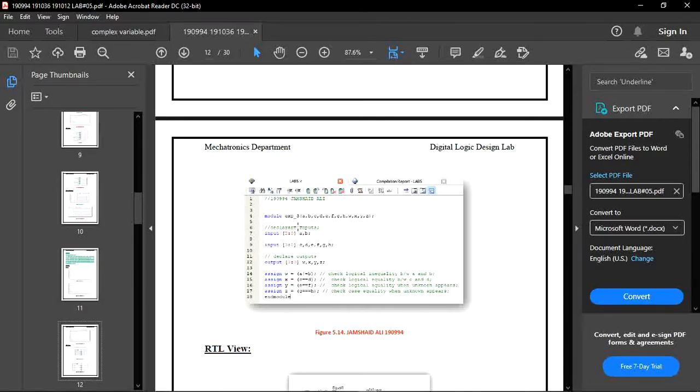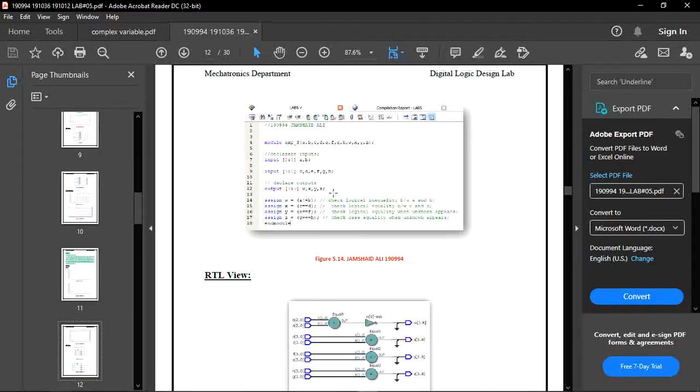Now you can see here, first of all, as in other cases, we have to declare all the inputs and outputs in our module, and after declaring inputs and outputs, we have to give a size to our inputs and to our outputs. So first of all, we give our inputs a and b size 3, because they are 3-bit numbers, and our inputs c, d, e, f, g, h size 4 bits, because they are 4-bit numbers. Now we have to give a size to our outputs, which are w, x, y, and z.